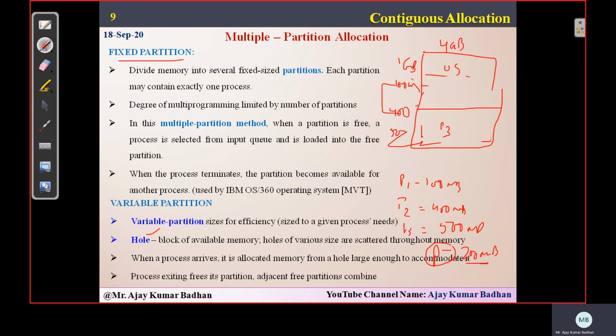What happened here? This 500 MB, whatever we have, will be shown as a single unit, not as a separate 100 MB and 400 MB. This totally becomes 500 MB now. Out of this 500, how much is being asked? 200. Now we cut that into a small piece of 200 MB, and then we allocate that particular memory to this process. This is the way the whole scenario works. I hope it's very clear to you people.